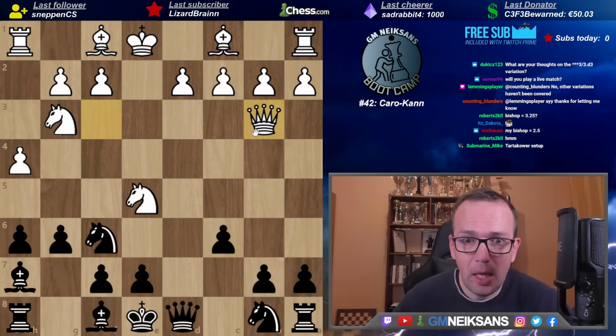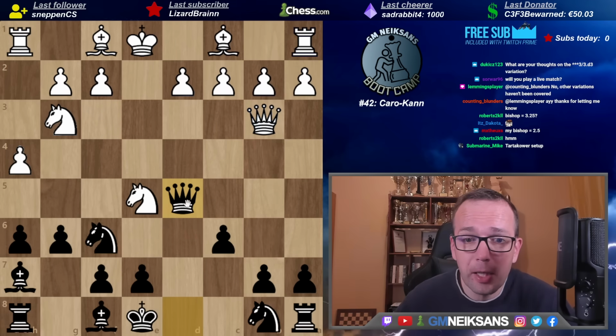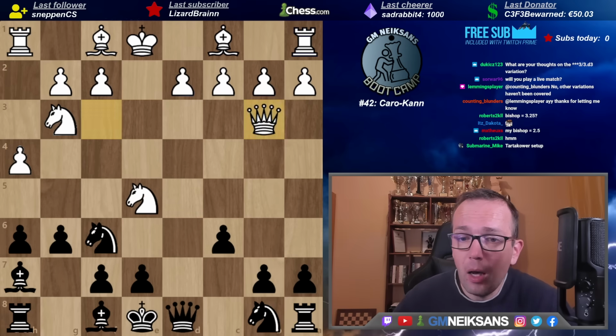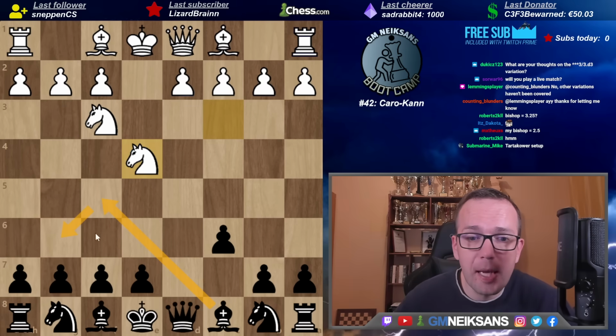Resign. That's it. The game's over immediately. You can't do it. So you play queen e5, hitting the queen and the knight. Queen b7, bishop e2. The rook is lost. Black can resign. That's simple. So there's some tricks in this position, but black cannot go to the same setup with bishop f5